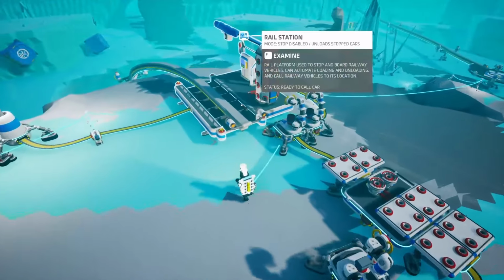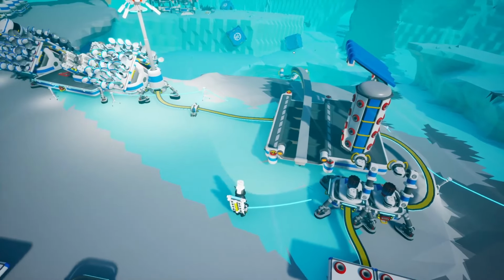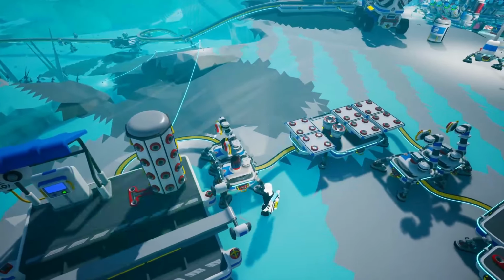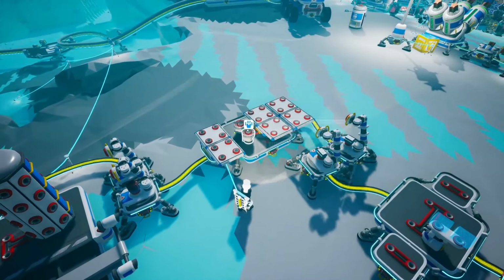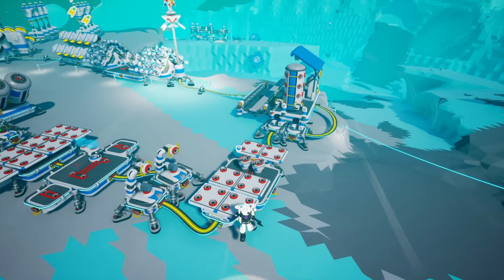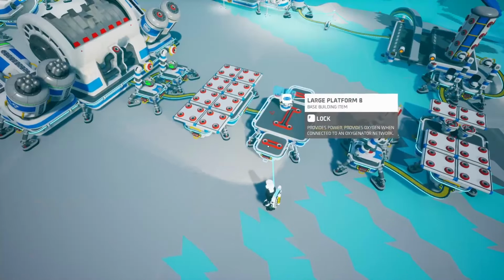Before it gets here, you should know that this rail station is set to unload stopped cars. So once the car is here, it will unload onto this, and then these auto arms will take the laterite and get it smelted over here. You don't have to use the portable smelting furnaces if you don't have them, just a normal smelter will do. And then we've got some auto arms grabbing the aluminum from here and putting it onto the next platform, where